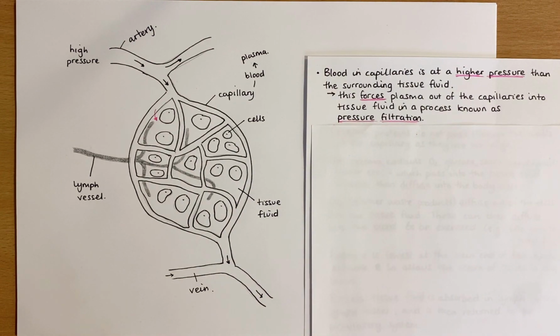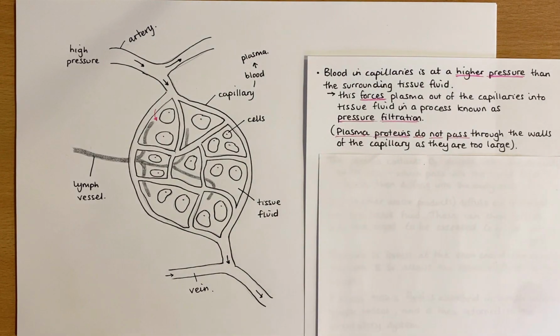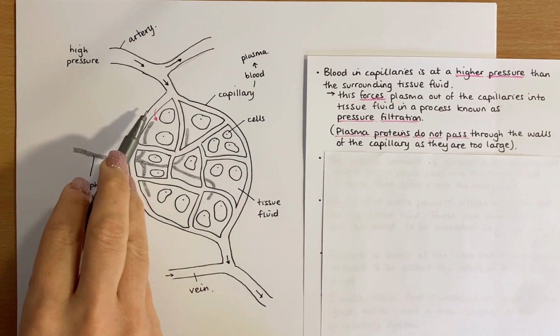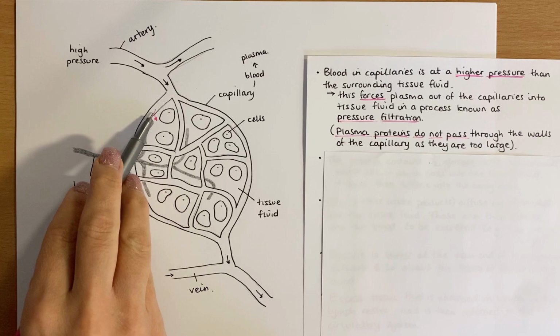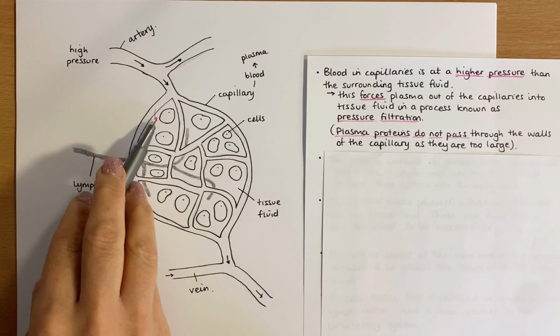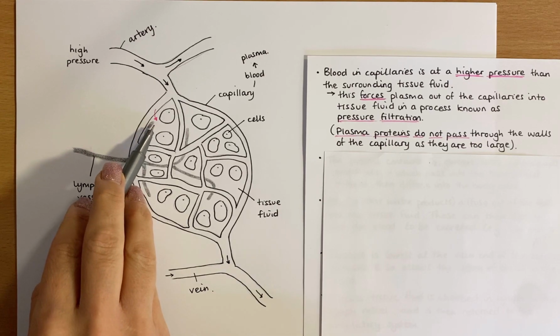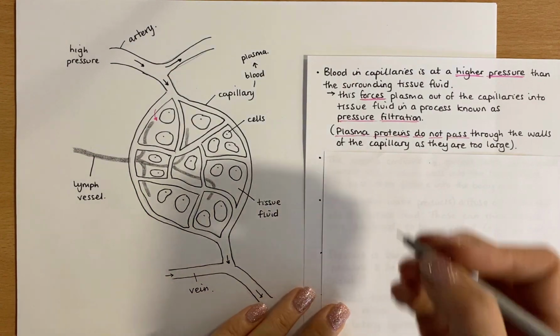Now, in that plasma, there are substances called plasma proteins. Plasma proteins are really, really large. They won't fit across that blood vessel and through the wall of that capillary. So plasma proteins don't pass through the walls of the capillary as they're too large. Everything else, water, oxygen, sugar, stuff like that, will pass from that blood into that tissue fluid, but plasma proteins won't. Okay, so just to give you a bit of a key here,